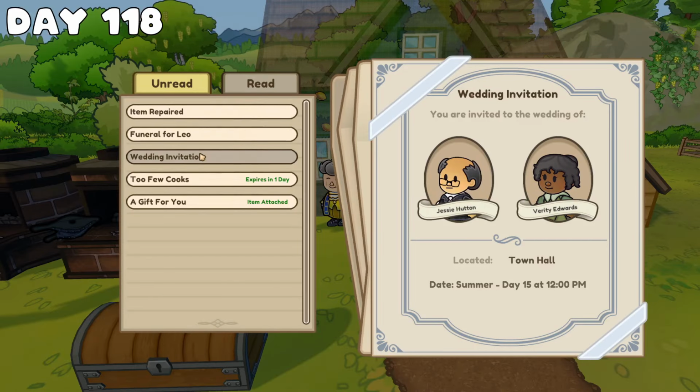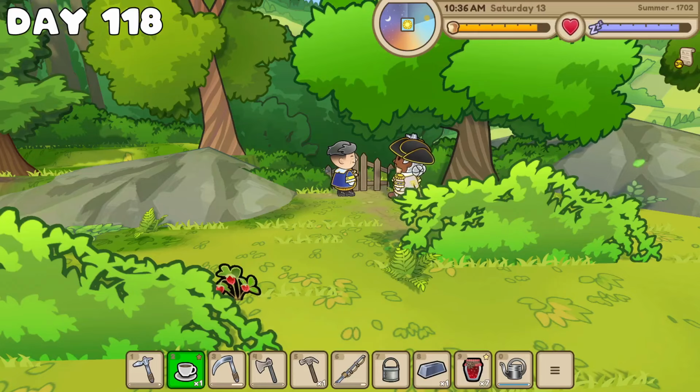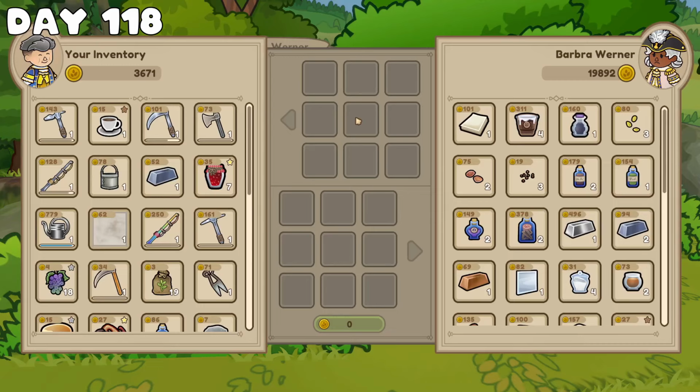I also learned that Verity was getting married for the third time. Things were always ending badly with her, so I decided to just stay away and not attend. I then headed to the bake-off, and there I saw Barbara, a captain from the Empire. It was only 10:30 in the morning, but she looked like she had a few drinks already. She was still doing good enough to trade, however,